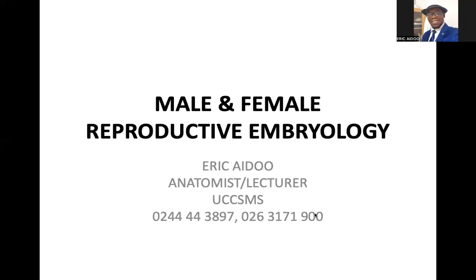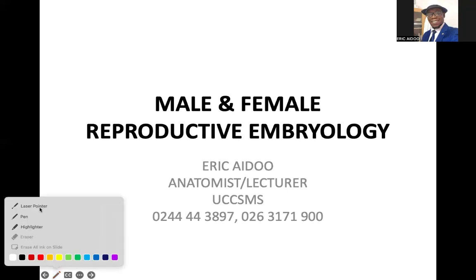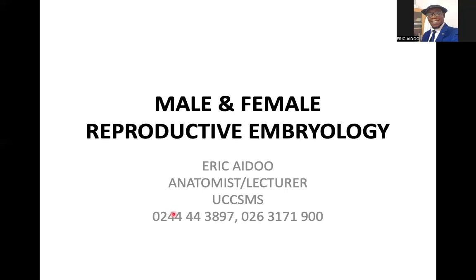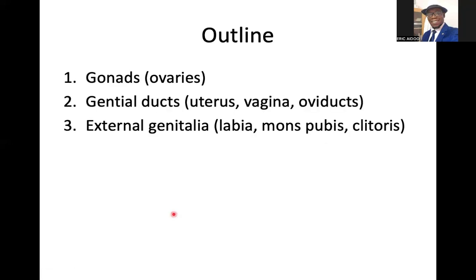Cape Coast. I want us to look at the male and female reproductive embryology, but this is going to be more female biased because we've covered that of the male already. So we just want to compare what the female reproductive embryology will also consist of. So the outline will be, we are looking at the gonads, but this time around only the ovaries, since we've covered the testes already. We're looking at genital ducts, in this case the uterus, vagina, and oviduct, because we looked